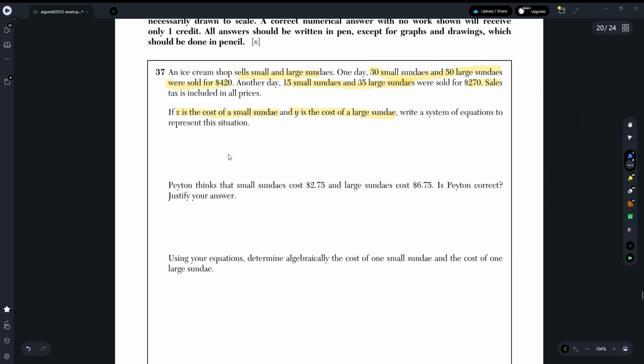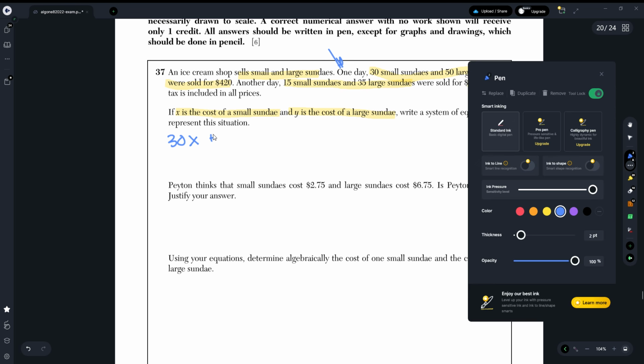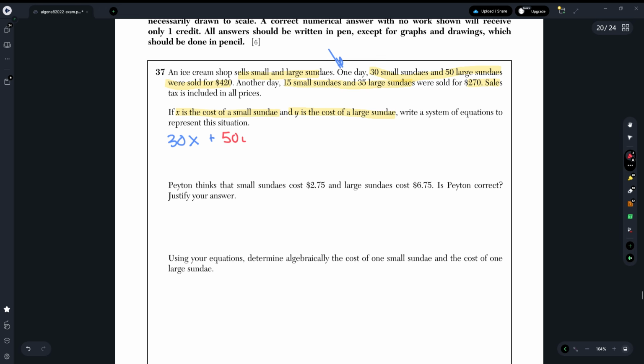So just like with every other problem that we solved here, we're going to have to write down everything that they told us. So we're writing down the equations for both days. One day we had 30 small sundaes and 50 large sundaes. So if X is the cost of a small sundae, we have 30X plus, then he sold 50 large sundaes, so here we have 50Y, and this is equal to